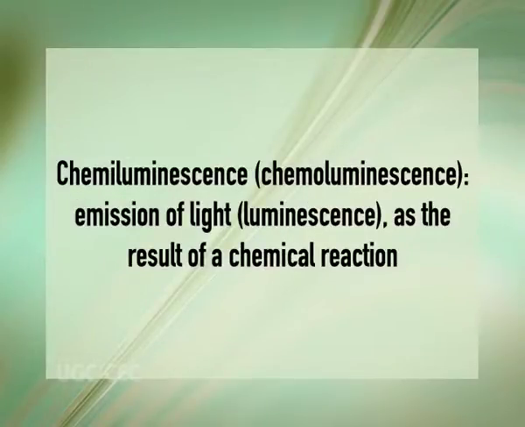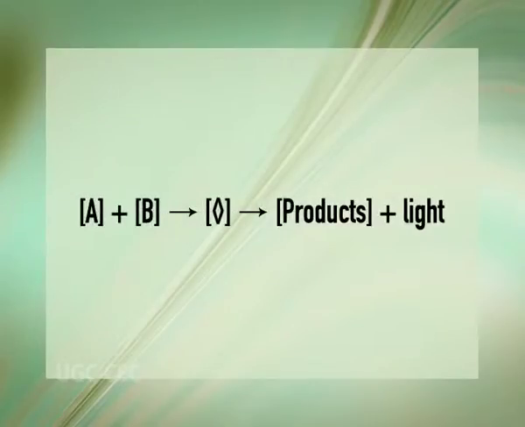Chemiluminescence, sometimes called chemoluminescence, is the emission of light, that is luminescence, as the result of a chemical reaction. There may also be limited emission of heat. Given reactants A and B with an excited intermediate, that is A plus B gives excited state, which gives products plus light. For example, if A is luminol and B is hydrogen peroxide in the presence of a suitable catalyst,